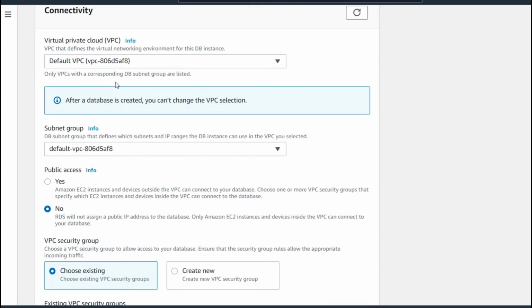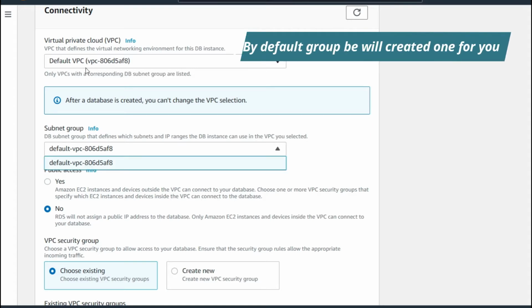Now this is the critical connectivity section, which you should make sure to follow like what I'm doing. In the default VPC, I'm selecting the default VPC or any VPC which has public subnets. And for the subnet group, all the subnets in my VPC are publicly accessible.